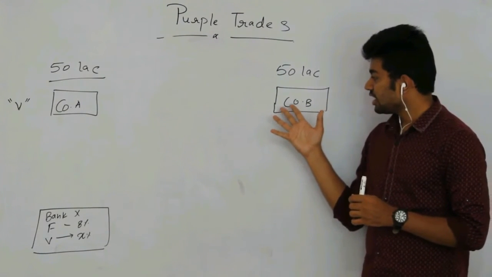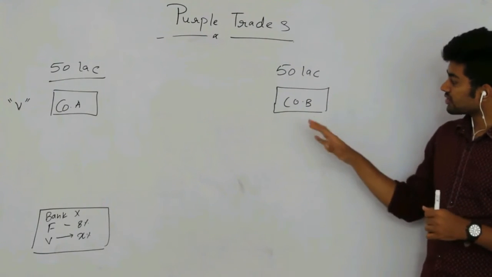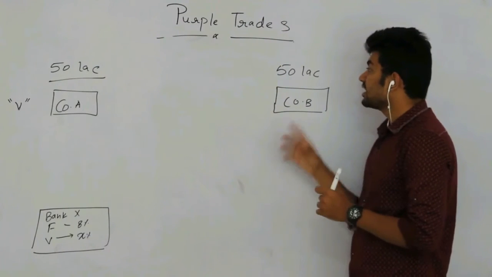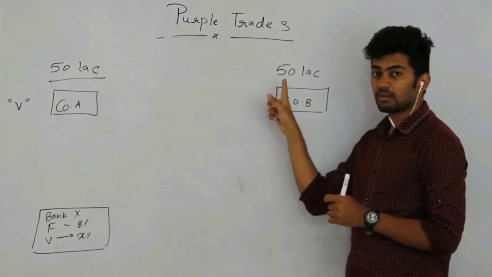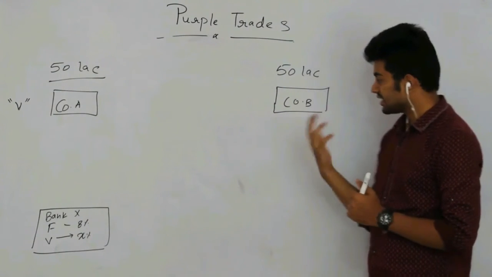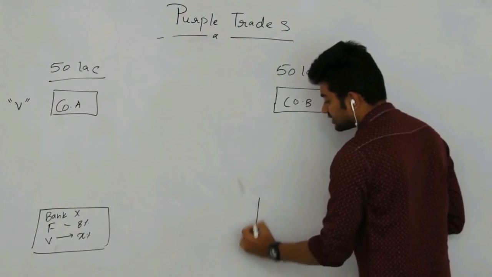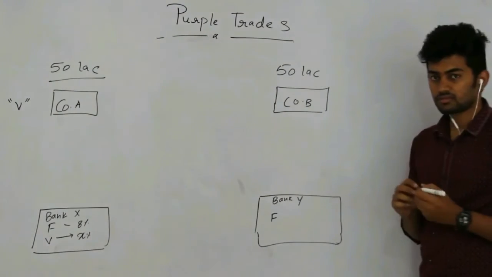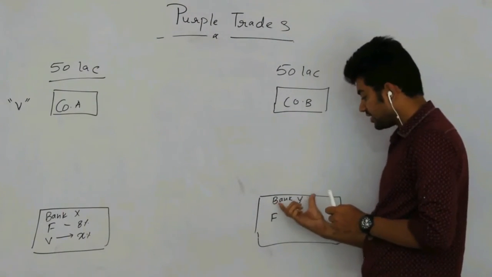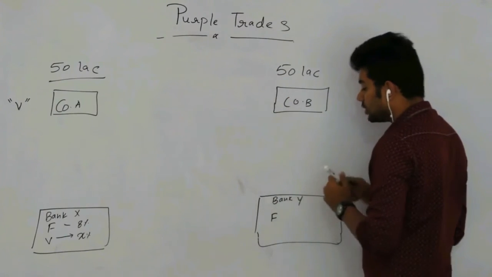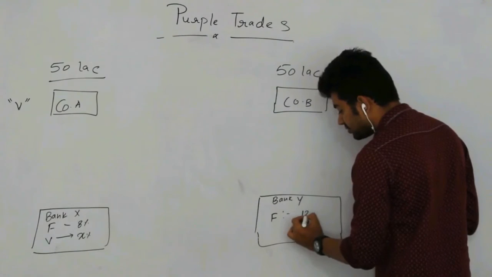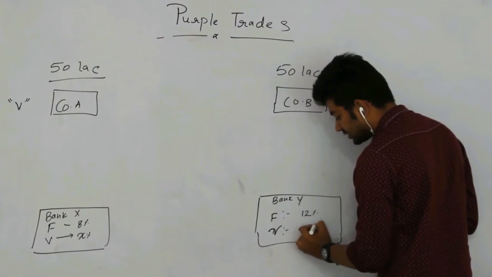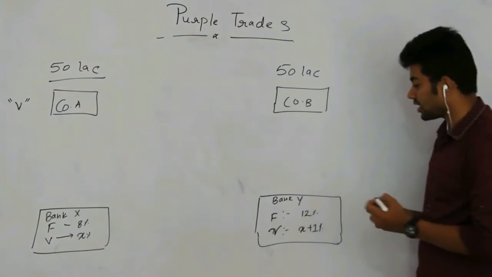Now, company B approaches different banks, but most of the banks will definitely deny giving a loan to company B because it is a startup and banks cannot risk giving such a big amount to a startup. Let us say finally company B finds a bank which is willing to give them a loan, but at a higher interest rate. Let us say there is a bank Y which offers company B a loan on a fixed interest of 12% or a variable interest of X plus 1. They'll be charging 1% extra on X.